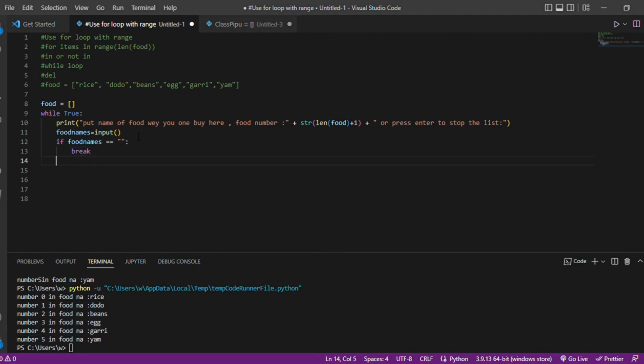Say make it stop to the print the thing they go, because we don't get all the list complete, just like we put for it as our instruction say, or press enter to stop the list. So wetin we dey try to do with that, say okay, if they don't press enter and they don't put anything, it means say you need to break or the list don't complete. So break, then we say